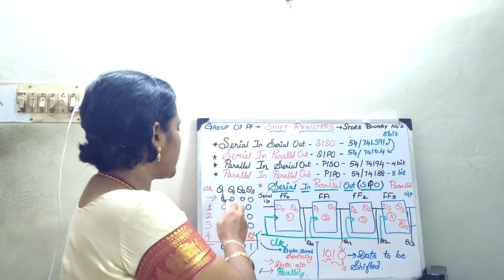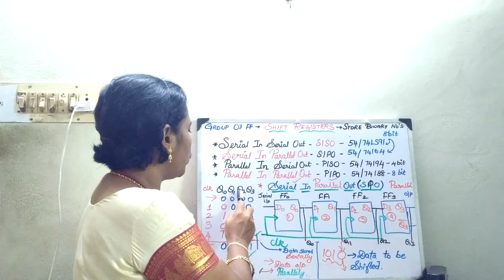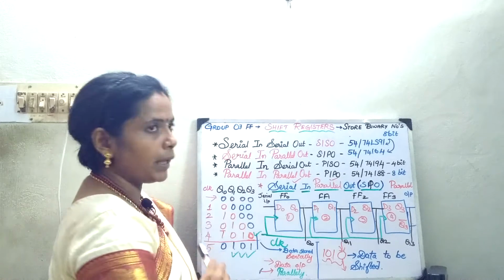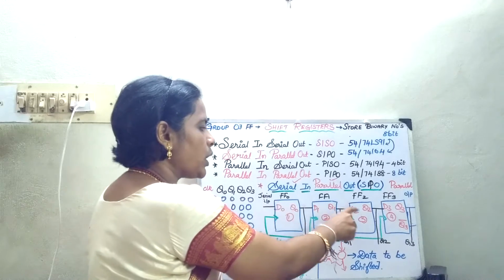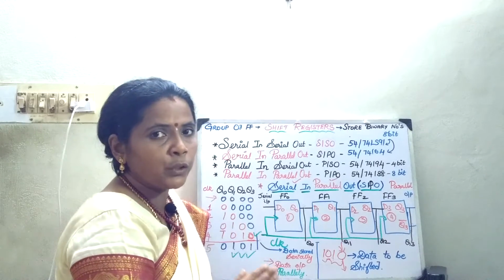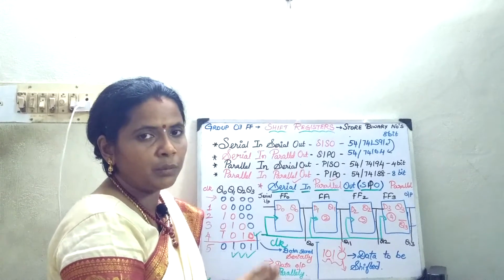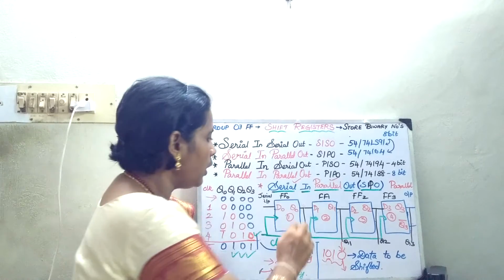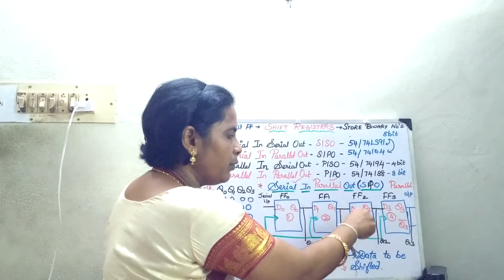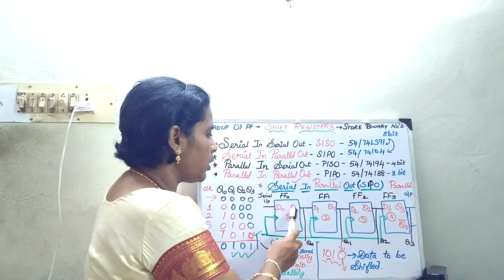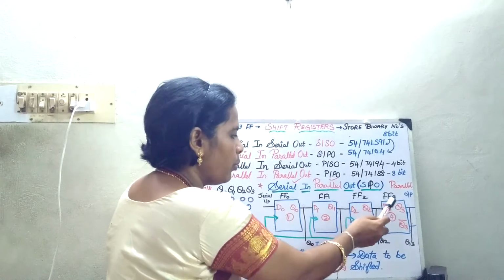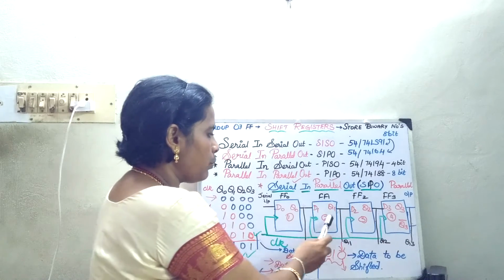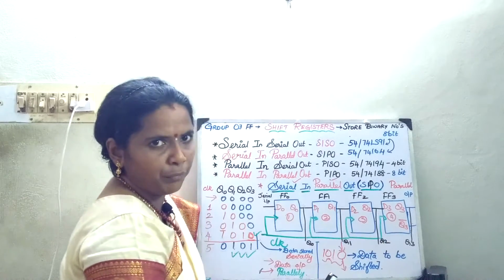Now we will see, you are going to have the outputs Q0, Q1, Q2 and Q3, and you are going to apply the clock pulses. Initially all the flip-flops are going to be 0. We are going to use a D flip-flop, where the input is going to follow the output. You have just drawn 4 flip-flops and named the inputs and outputs D0, Q0, D1, Q1, D2, Q2, D3 and Q3. So 4 flip-flops have been drawn. Next put the numbers 1, 2, 3, 4, just for identification.